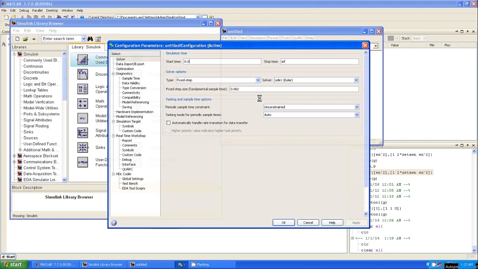This is the Euler's method which you have studied in numerical methods. MATLAB supports several fixed step solvers. You can choose any solver of your interest. Euler's first order solver is the very basic solver, and also keep the fixed step size as 0.002. Okay, it is around 2 millisecond.